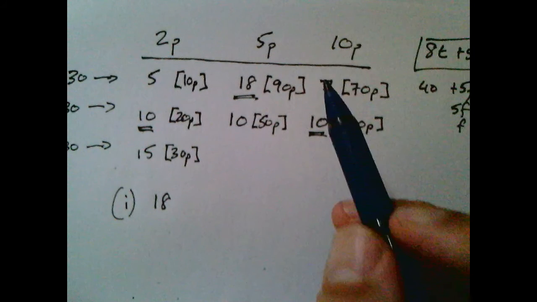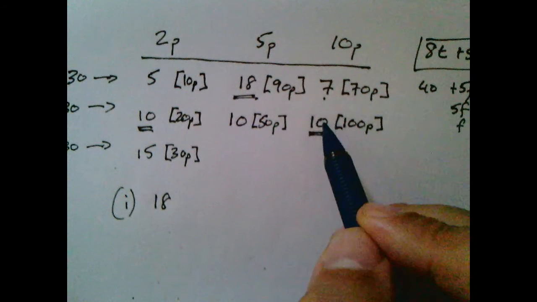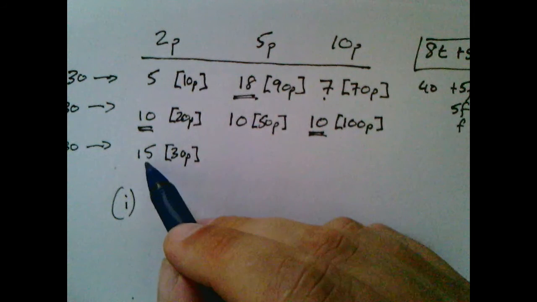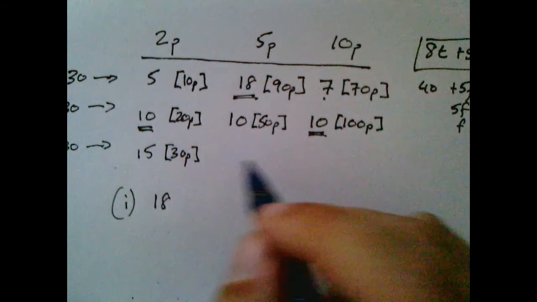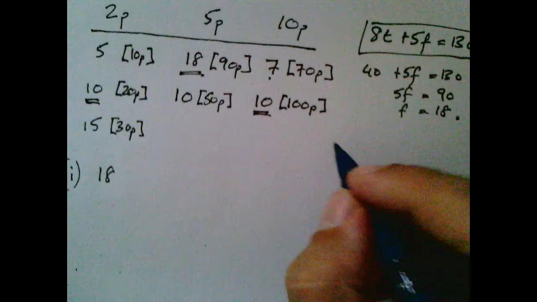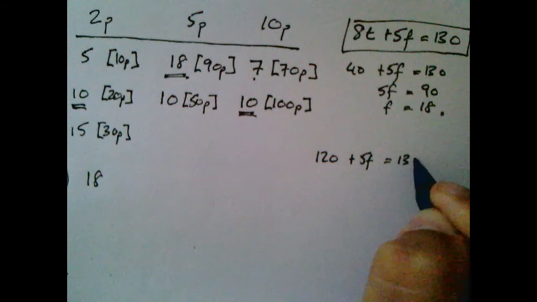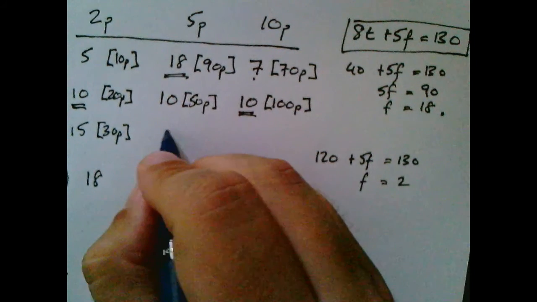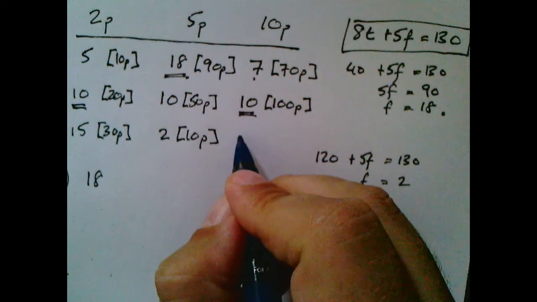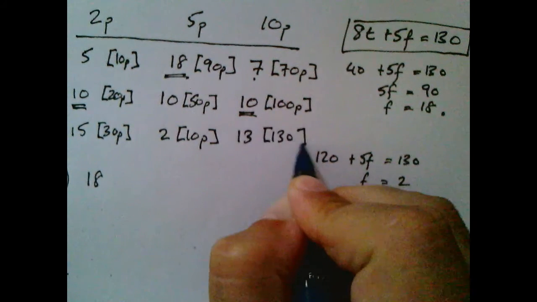Okay. Now we also, with this constraint here, the number of 10p's, to show that there's only one solution to the problem, what we're going to try and do is show that as this table carries on, there's going to be more and more 2p's as compared to 10p's. So there's 15 2p's if we carry this on. 8 times 15 is 120, plus 5f is 130, so it means the number of 5s is 2. So we've got 15, 2, and 13, 130. So already